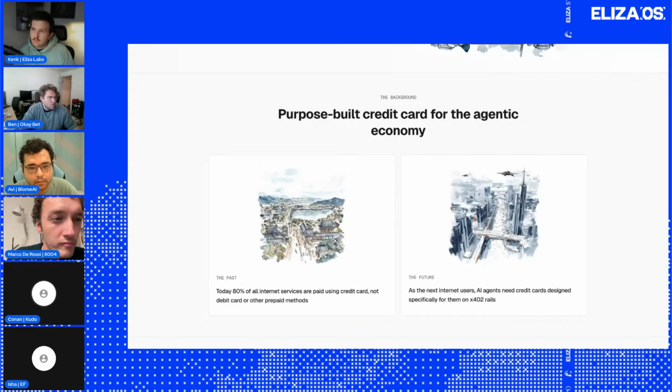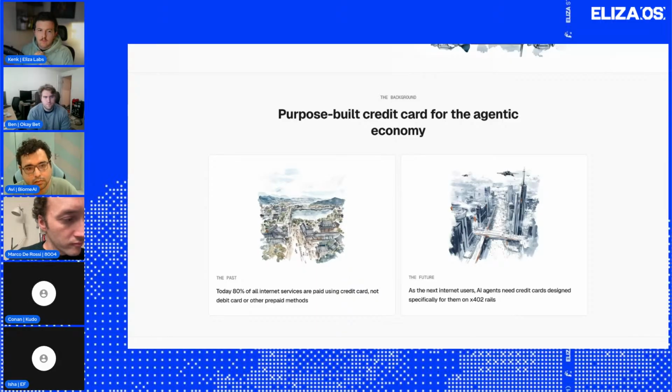However, currently, AI agents can only pay on X402 using crypto wallets that they pre-funded, right? While on the other hand, the fact is today, 80% of all internet services payments globally are made using credit card, not debit card and not any other prepaid payment methods, right?